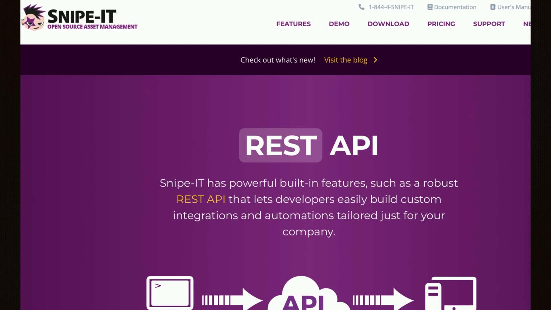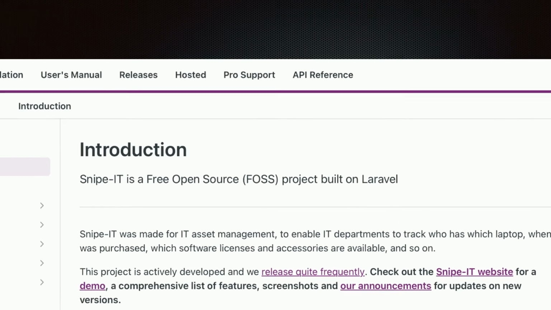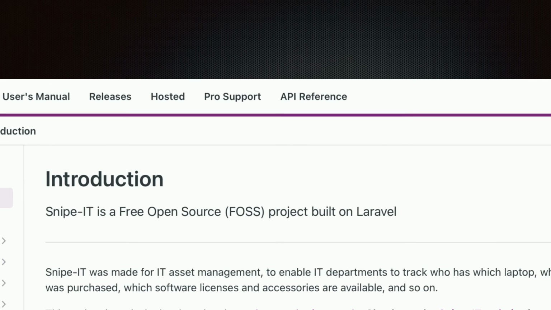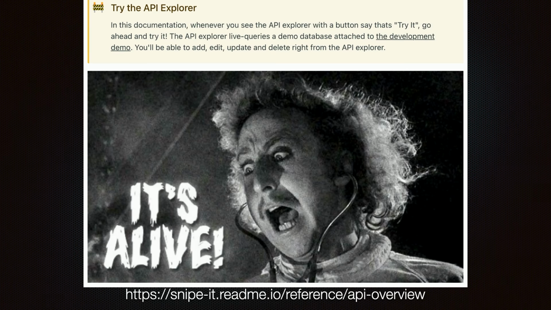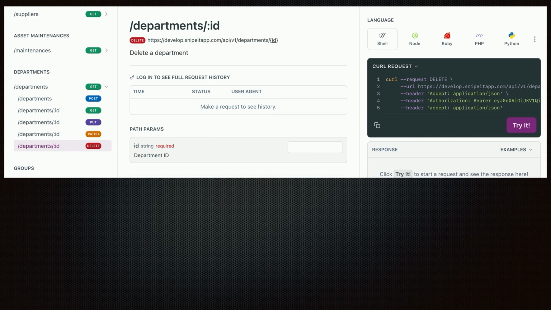Now let's look at another product some of you might use, Snipe-It. This is an amazing open source asset management tool with a REST API. Not only do they have great documentation and a Docker build that can have you literally up and running within 5 minutes, they also have API documentation that's very thorough and a fun little twist on Swagger. They give you access to an instance with demo data so you can practice your API skills with absolutely no setup at all. Besides listing the endpoints, they show what the various HTTP methods will do with that endpoint.